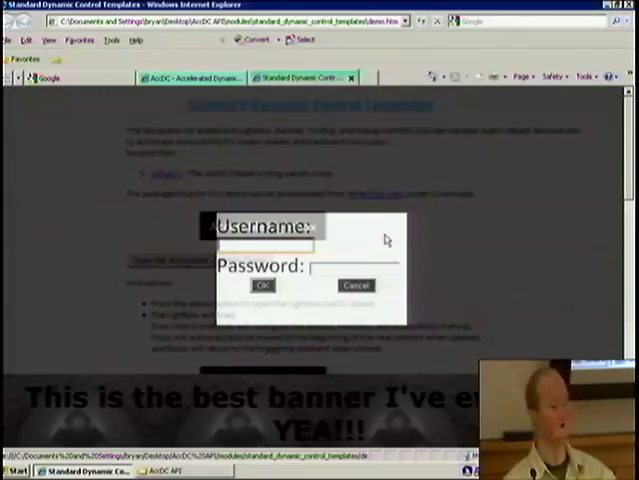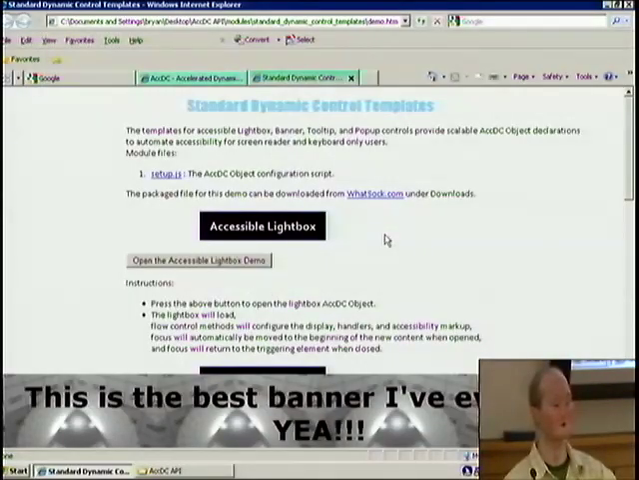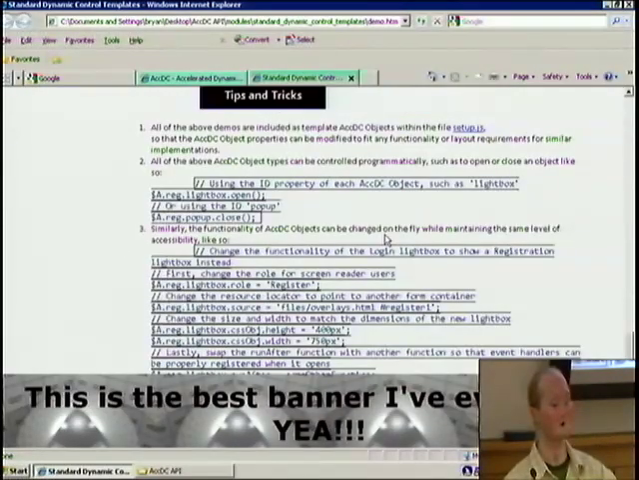Forms mode off. Password colon. Forms mode on. Password edit. Forms mode off. OK button. Cancel button. And when you close something like this,